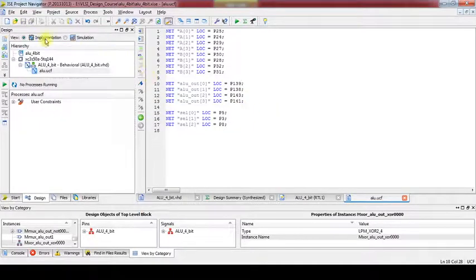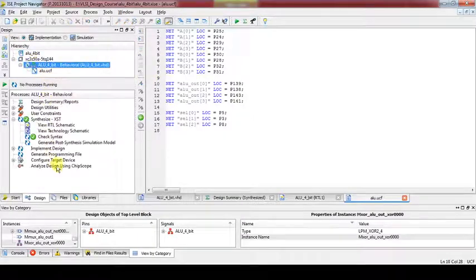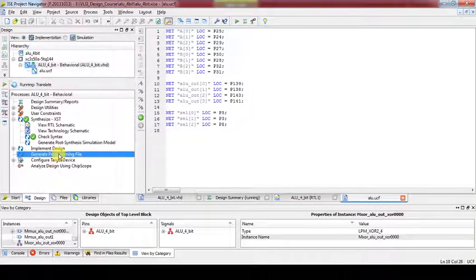So this creates our UCF file. Now we are ready with the UCF file. Save it, and let's generate a programming file. Once the programming file is ready, we are going to open the FPGA programmer, and using it we are going to write the bit file onto the FPGA and check the ALU functionality.